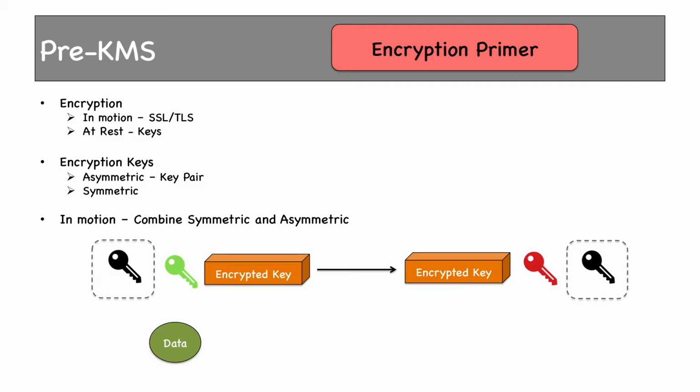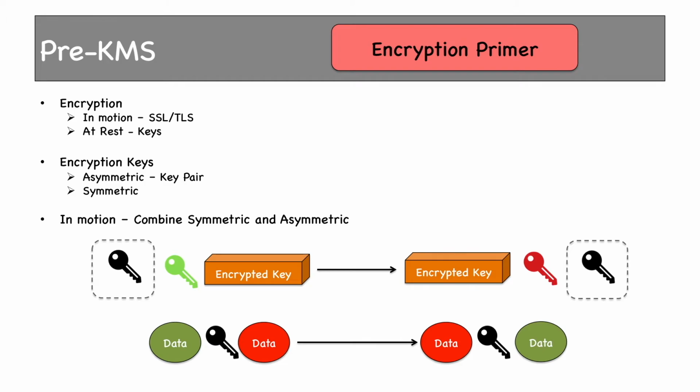Next time onwards, when the client wants to send data, it can be encrypted using the symmetric key and sent over to the server. The server will use the same symmetric key to decrypt this data. If the server wants to send some response data, it can use the same symmetric key to encrypt it and send it to the client. The client will again use the same symmetric key to decrypt the data. It solves the purpose of all the complexities which we discussed a few minutes back. This type of encryption is used only for data in transit or motion. For data at rest, a symmetric key should suffice.